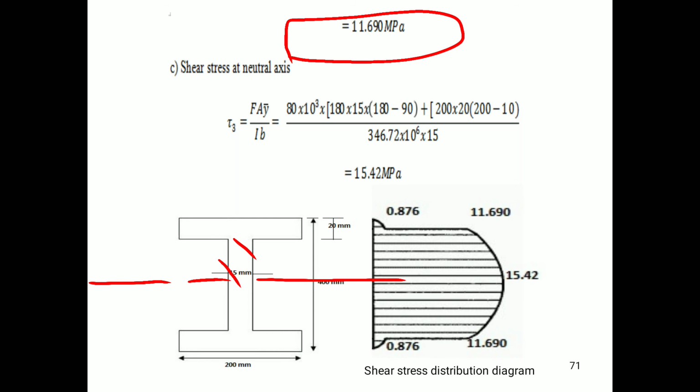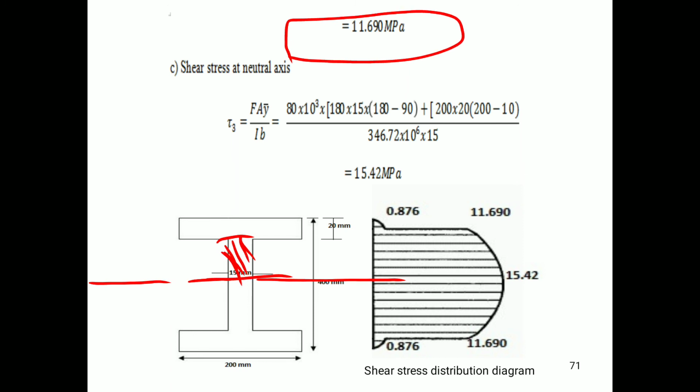Now we have this area which is above the neutral axis. It comprises two sections. This is the first section and the other section is this section. For both we are going to find out the AY bar separately. Therefore, if I concentrate on this area, I am denoting it by hatching lines.